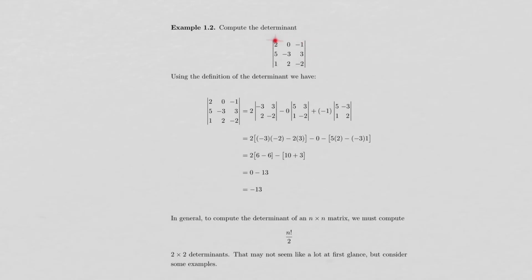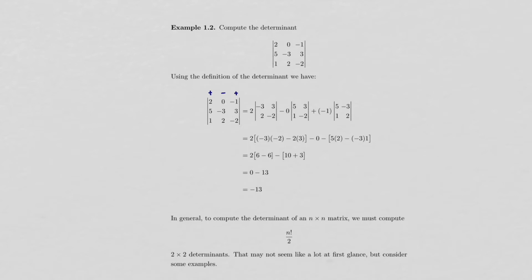Here's a 3 by 3 matrix and we want to compute the determinant. And I know it's a determinant because it's got these vertical bars instead of the square brackets. Okay, instead of trying to explain how the definition applies to this matrix, I'm just going to show you in practice how I apply the definition, and you can go through and convince yourself that this actually is what the definition does. The first thing I'm going to do is put an overlay of signs to take care of that